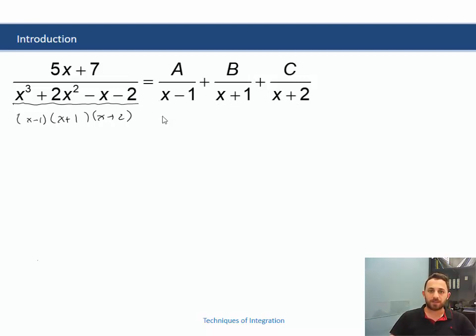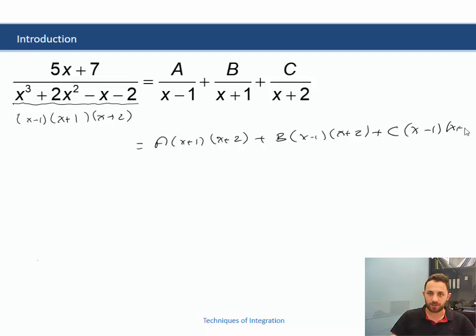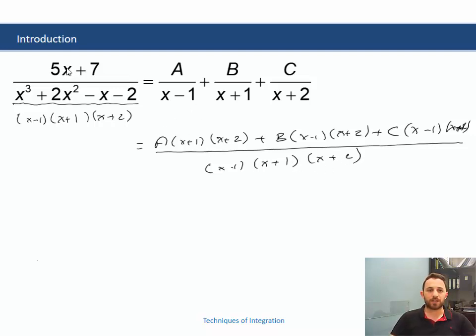This can be done by multiplying A by x plus 1 and x plus 2, plus B times x minus 1 and x plus 2, plus C times x minus 1 and x plus 1, over the common denominator x minus 1, x plus 1, and x plus 2. This way we can compare the left hand side to the right hand side. So 5x